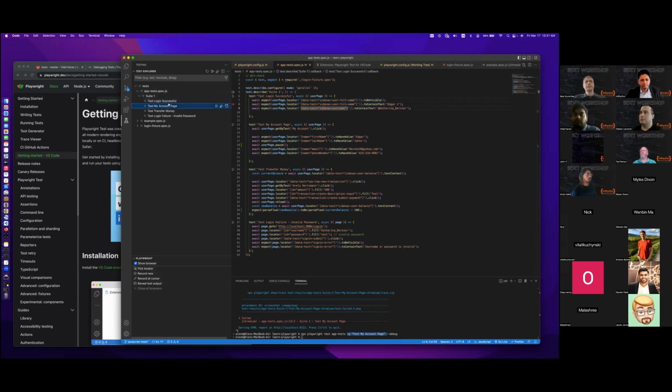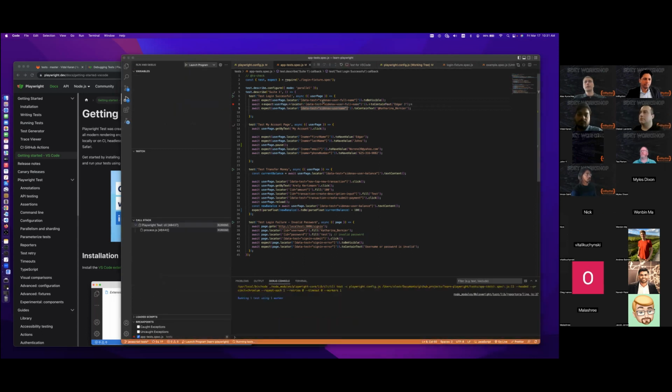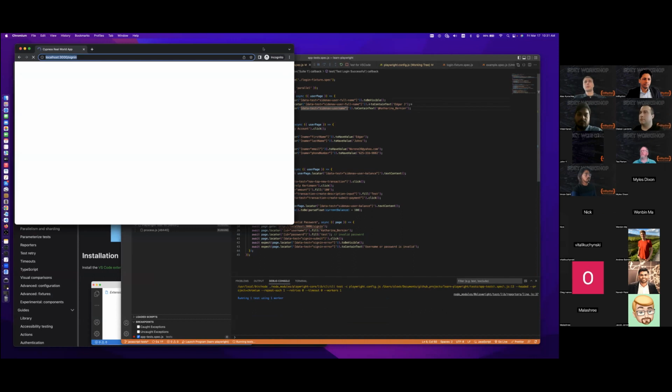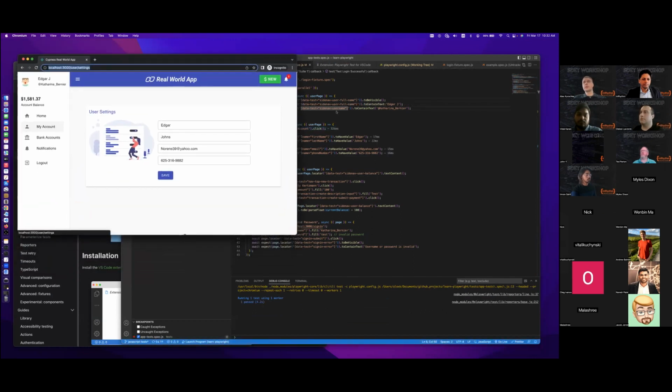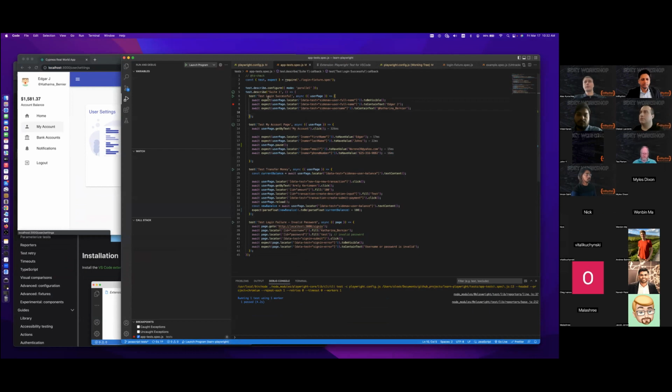Yeah, let me just run this particular test in debug. Again, it opened the browser, no Playwright Inspector. We run it through the extension now, and then it should go to this breakpoint. Let me see.